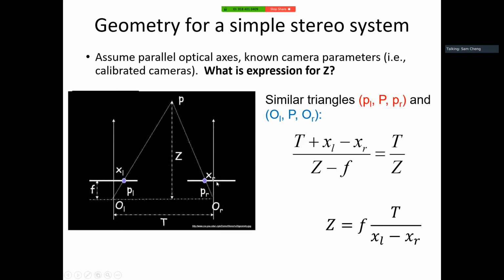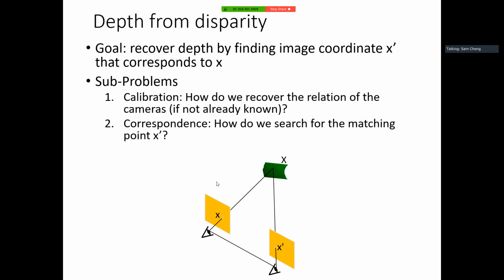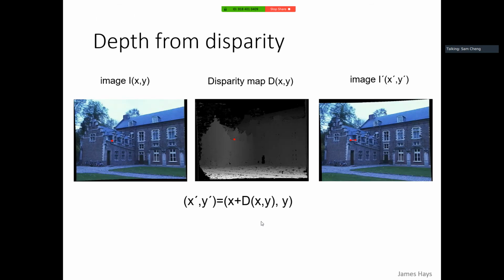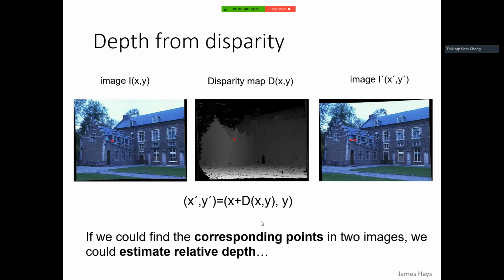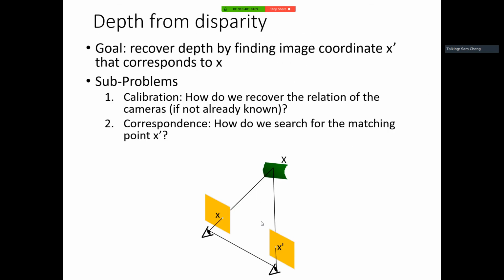So you can imagine if the disparity is higher, then the object should be closer, and if the disparity is smaller, then the object is farther away. So this is a pretty simple scenario where you have these two cameras completely aligned this way. But in general, you don't have cameras calibrated like this, and you typically will have just two. Let me go to a scene. I don't have a scene, but in general, you may have